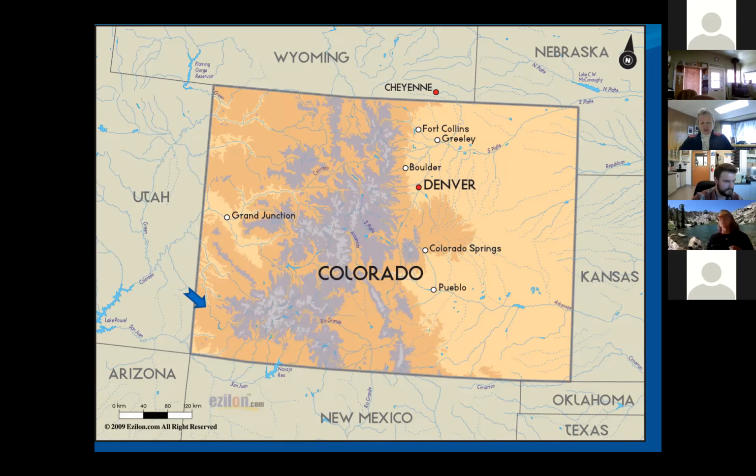I'd like to start with a preface that our area, you can see that blue area pointing to our general area down in the southwest corner. We're in a very arid part of the country, and Colorado identifies more with the deserts of New Mexico and Arizona, if anything. Perhaps that is a really good piece of information to hold in the back of your mind as I talk about some of our constraints, because moisture and managing for moisture is one of the biggest things. Weeds are right up there too. Those two things go hand in hand and give you equal headaches on both sides of the equation.